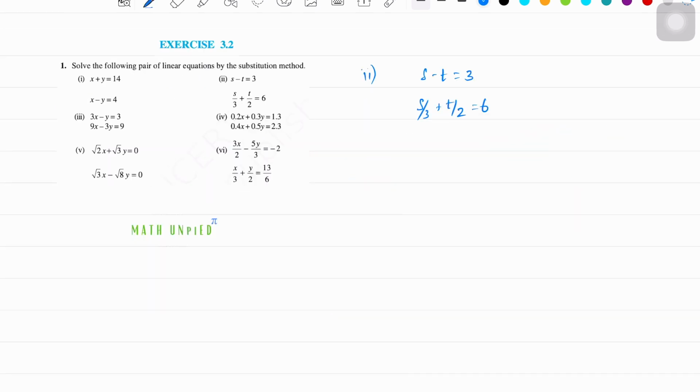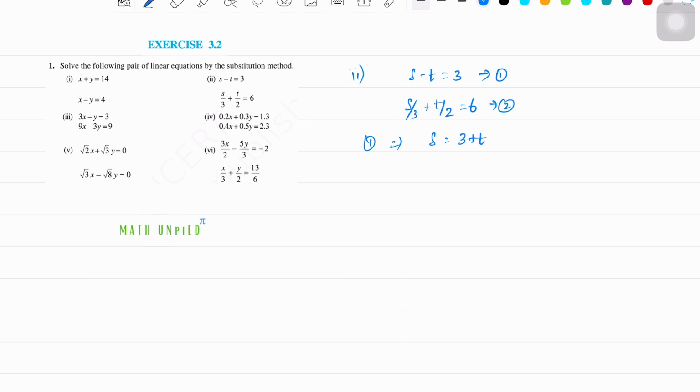Now let's move on to the second subdivision. This is s minus t equals 3 and s over 3 plus t over 2 equals 6. So let's take this as equation 1 and this is equation 2. From 1 we can write s equals 3 plus t by bringing this t to the right side, and let's substitute this in 2. So substituting s equals 3 plus t in 2